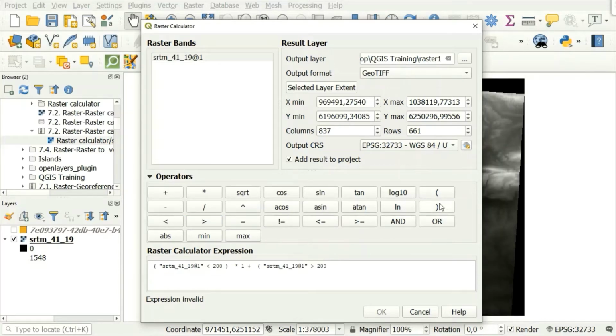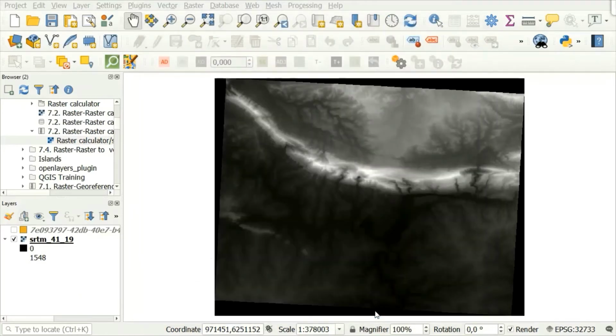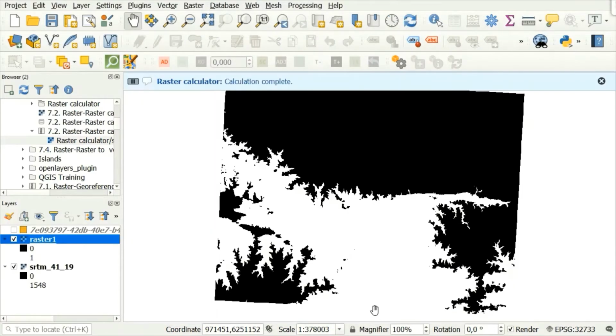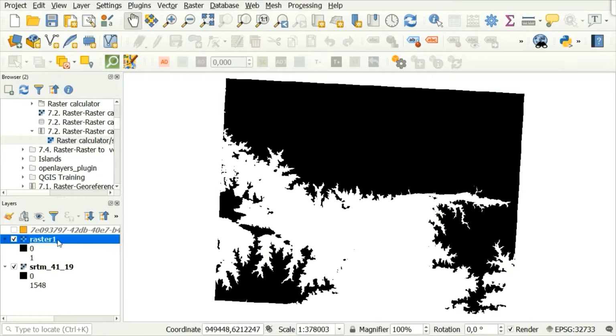Okay, close. Reclassify to 0. Our expression is valid. Click OK. There you have it, our first